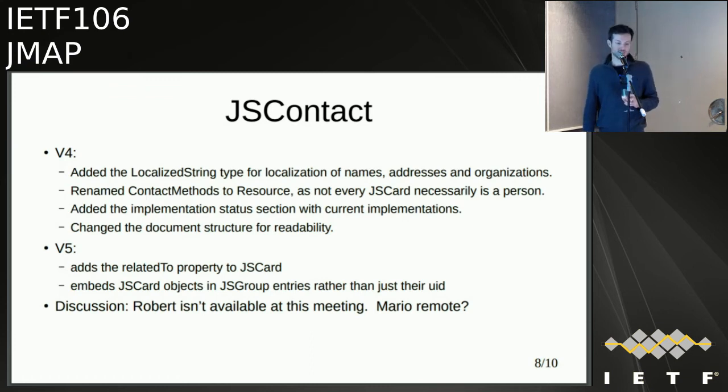Contacts in some ways are simple because you don't have things like recurrences and time zones, all the stuff that make calendars hard, but they also involve real people and the real world, which makes them hard, in particular internationalization. We talked a bit about this at CalConnect a few months ago as well. So your big issue is things like addresses and names, which can be complicated in ways I still can't imagine fully, even though I know about some of the weird edge cases. So that makes them interesting if you want a format that's suitable for worldwide use. I think we came up with quite a neat solution for this, though.